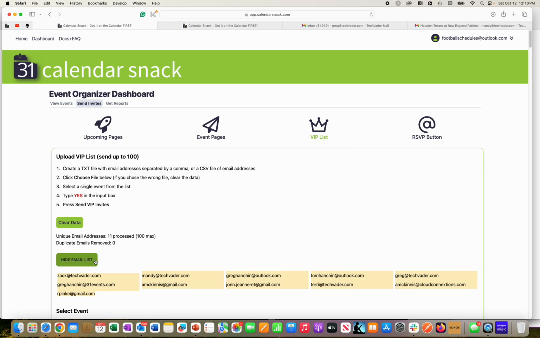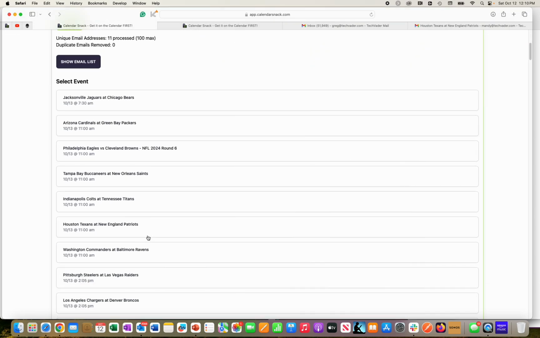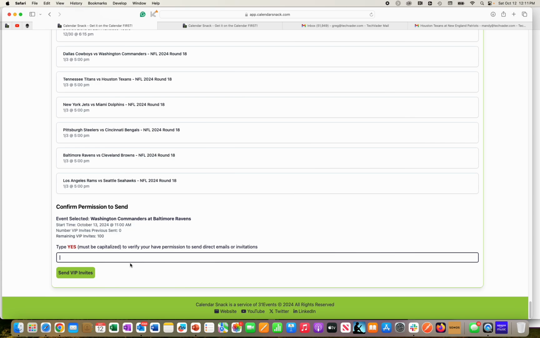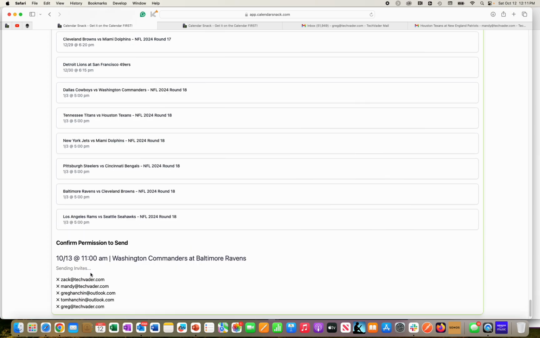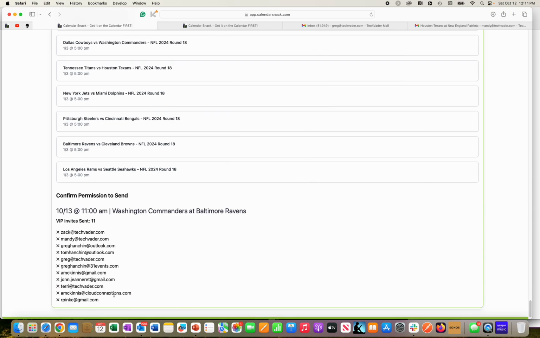I'm going to hide this. I'm going to go down to the Ravens. Here's the Ravens right here in the picker. I'm going to scroll down and show you live the sending of the calendar invites to an email list, or what we call bulk RSVP, sometimes referred to as bulk in the industry, but essentially we're sending these email addresses